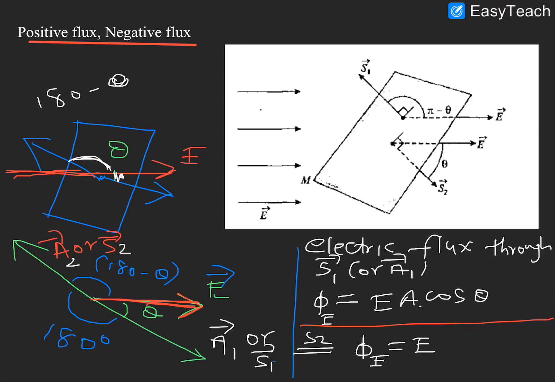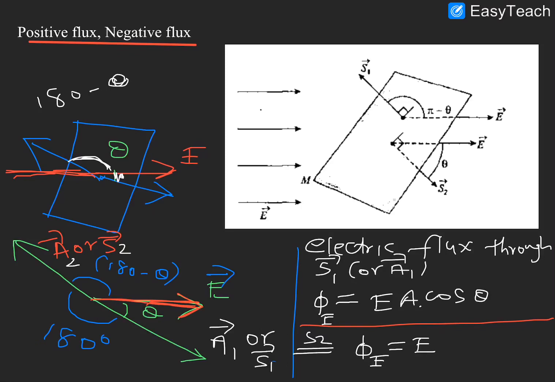Magnitude wise both area vectors will be same, only direction is different. A1 and A2 direction is different, so here we are using only magnitude. This expression uses only magnitude. Even though you are writing A1 or A2, magnitude wise both are same. Magnitude of an area vector is nothing but the area of the surface, so area is same for both the sides, hence magnitude will be same. So here no need to use A1 or A2, because magnitude wise A1 is equal to A2. So we are using only A.